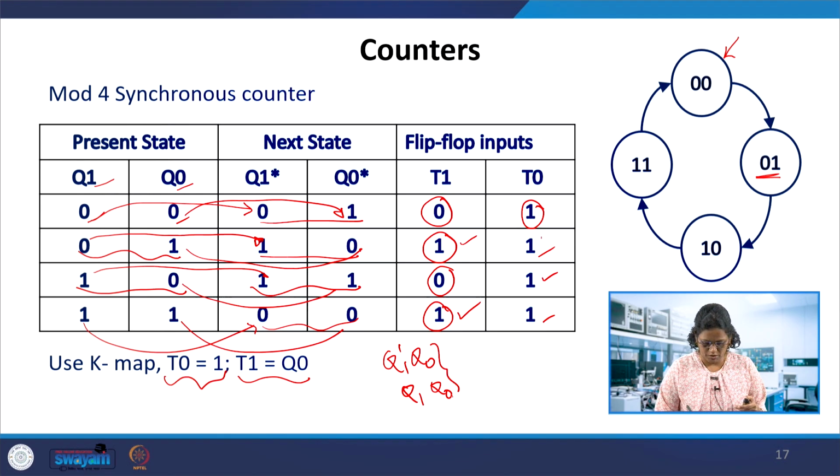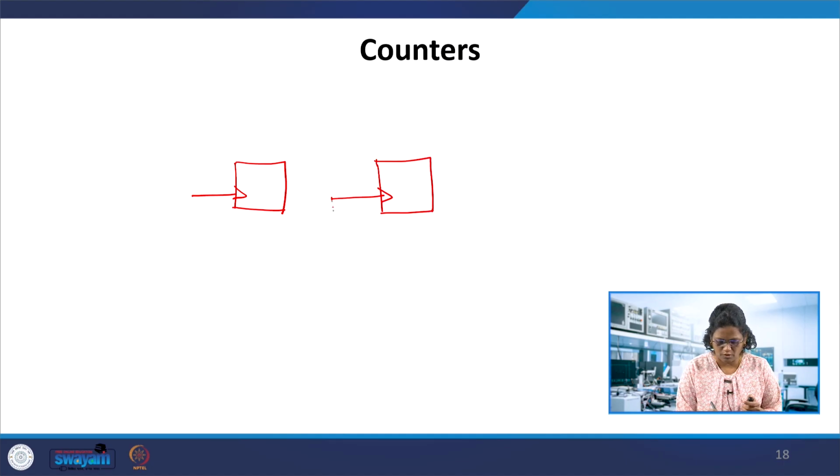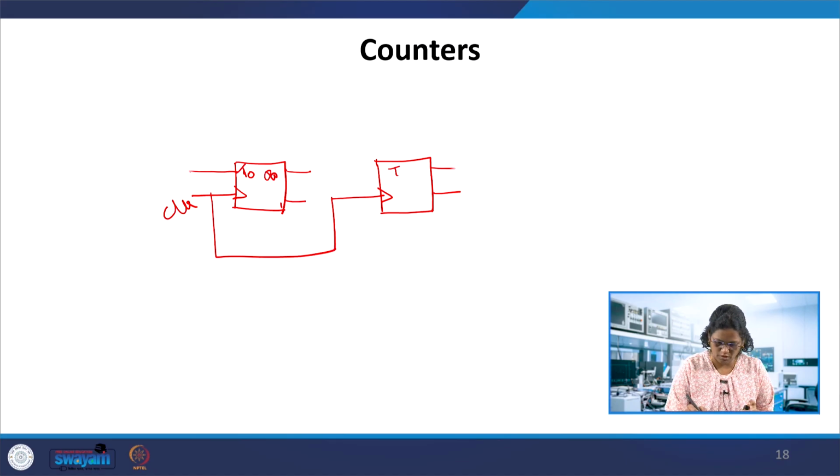So you have in between these two things the Q naught. So you will get the expression T1 equal to Q naught. For this we need to have this counter designed. For example, take these two flip flops with the clock, and another flip flop with the clock. First connect them with the same clock. Q naught and Q naught dash, and this is T1, Q1 and Q1 dash.